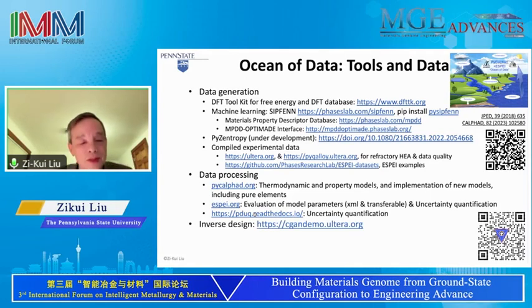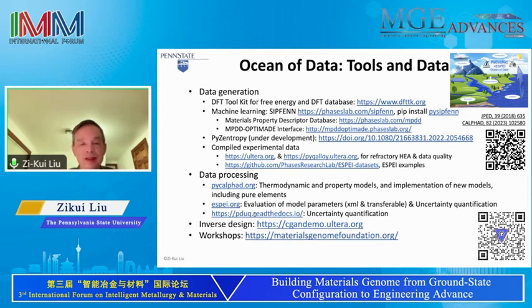In my first slide, I mentioned material design. So now we have an inverse design tool too. Again, you can download it for a demo, and it's for high entropy refractory alloys. You can input your properties and it will give you the chemistry. Of course, it's a demo, so it's not fully tested yet. And we can do workshops too, so we can train people on our codes.